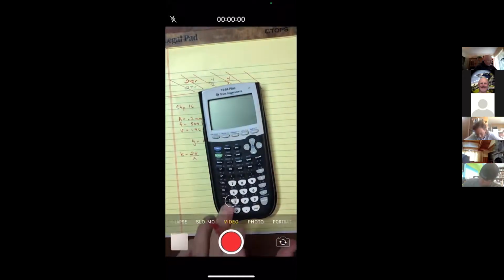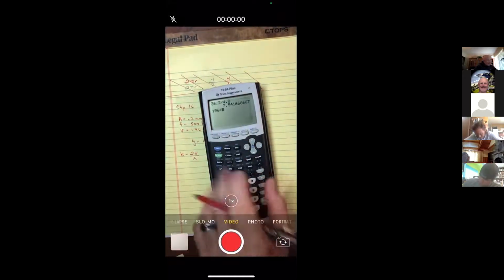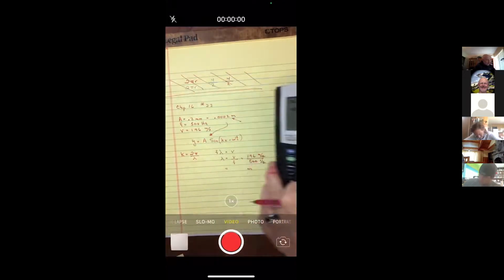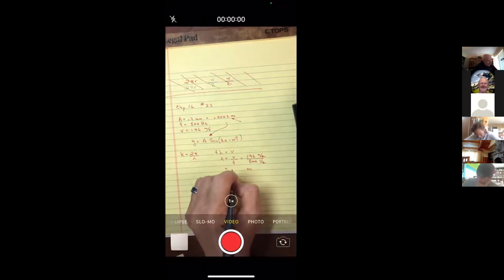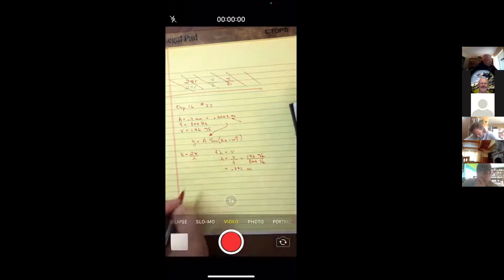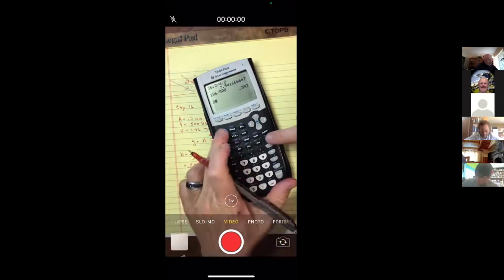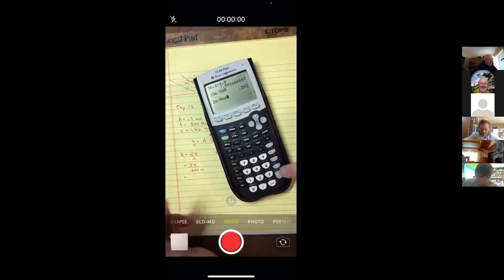Okay, so grabbing a calculator, 196 divided by 500 is a wavelength of 0.392. So now I can put that over to here, 2 pi divided by 0.392 meters. All right, so grab my calculator. There's the 2 and the pi. Let me divide that by the last answer. And I get about a